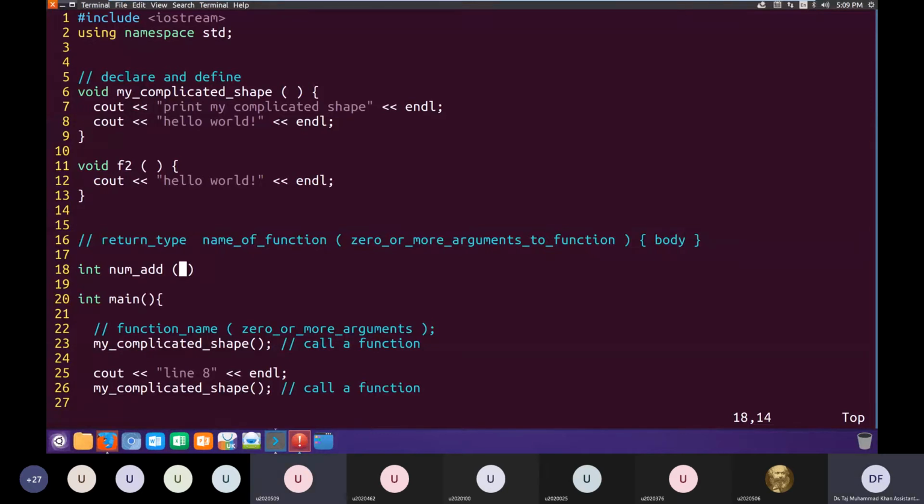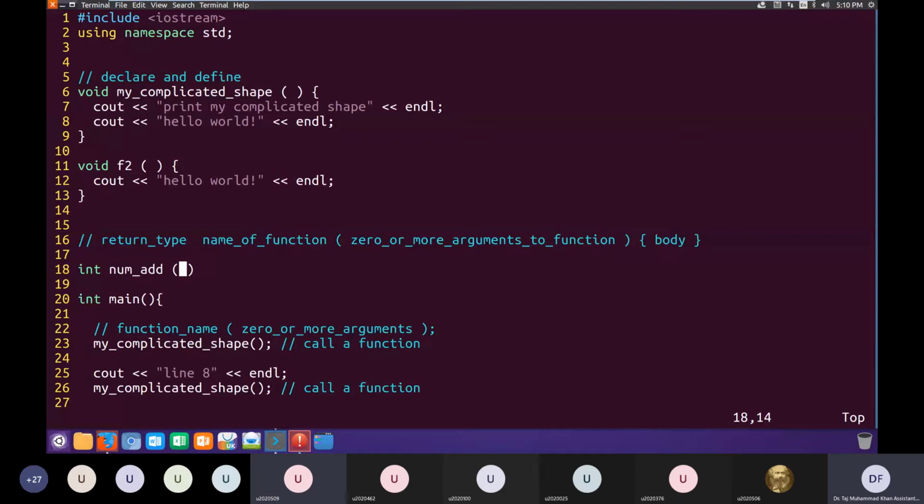Since we intend to give two values of type integer to this function to add them, how many arguments will this function have? Two. And what will be the type of these two arguments? Int. So we'll say in the declaration that this function takes two arguments of type int.